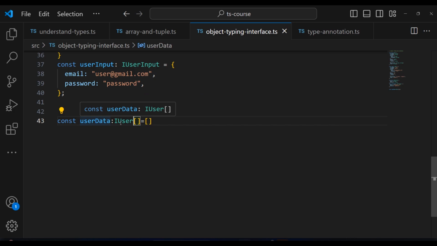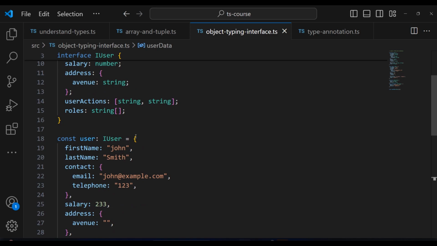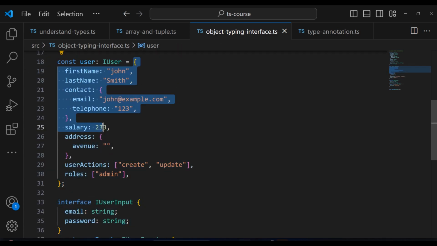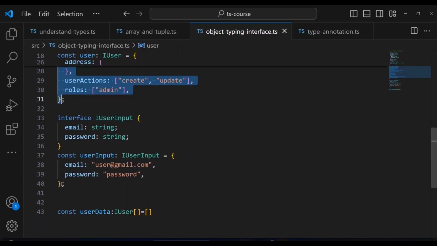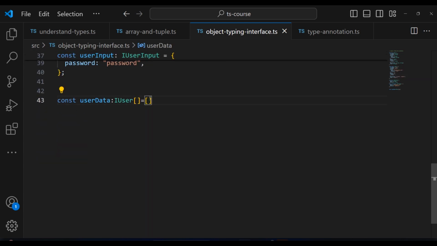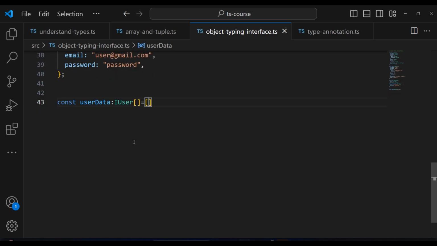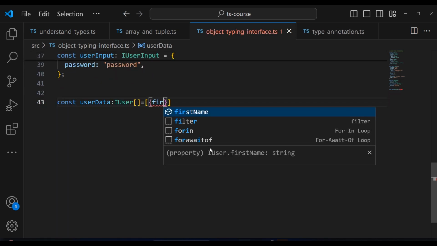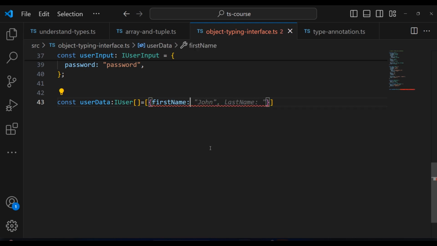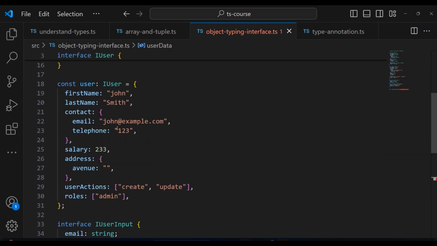And you can see when we hover over our userData, it infers it to be an array of IUser. I mean, when we are going to pass data to our userData array, we should pass this kind of object, this one. You can see this is the IUser. If we just pass the first name, like this, John, and we don't pass the other keys, other properties, last name, contact,